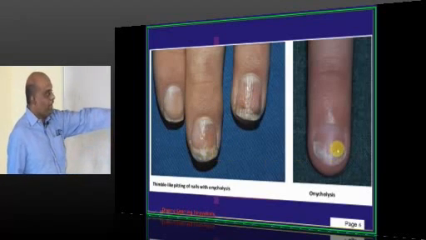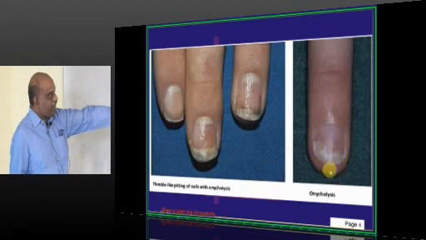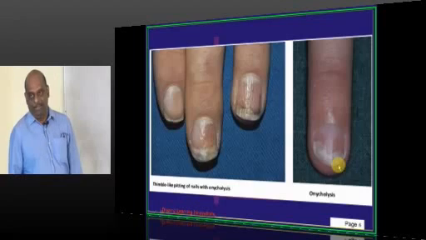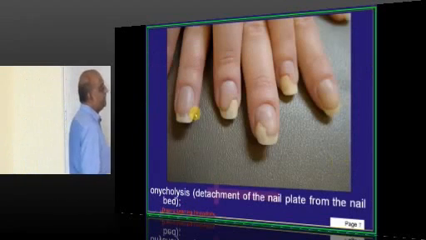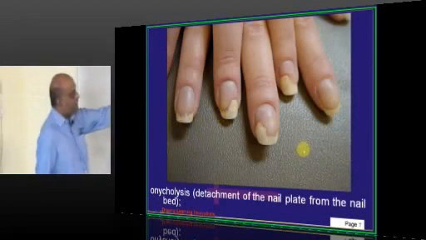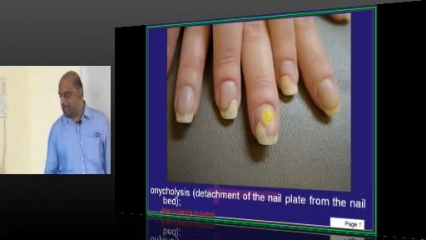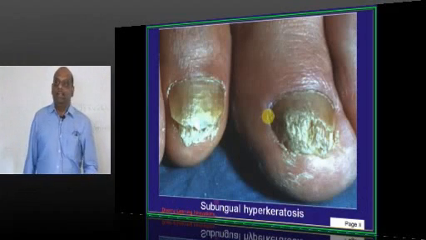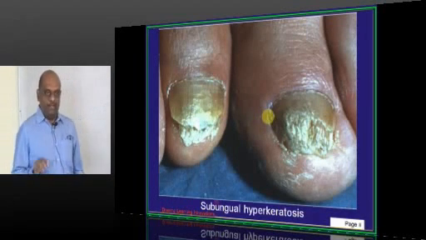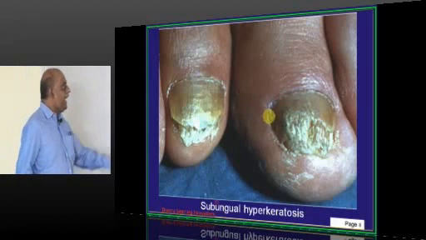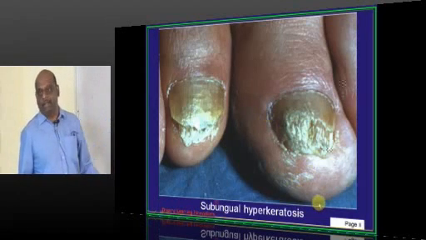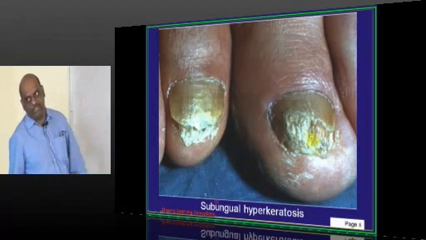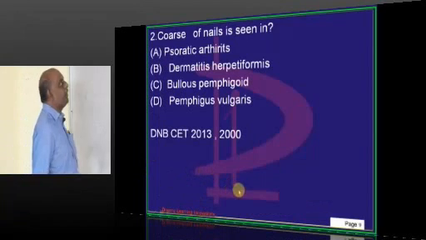So be very sure. So this is called thimble pitting of the nails with onycholysis is what you need to remember. And onycholysis, where there is a breakage of the nail and separation of it from the nail bed, is a very classical feature. This is another example, detachment of the nail plate from the nail bed, which is basically called onycholysis, is what I want to underscore. Then other important characteristic feature in psoriasis is hyperkeratosis, subungual hyperkeratosis. So this is how the nails will look like when there is a hyperkeratosis subungually, is another important feature.